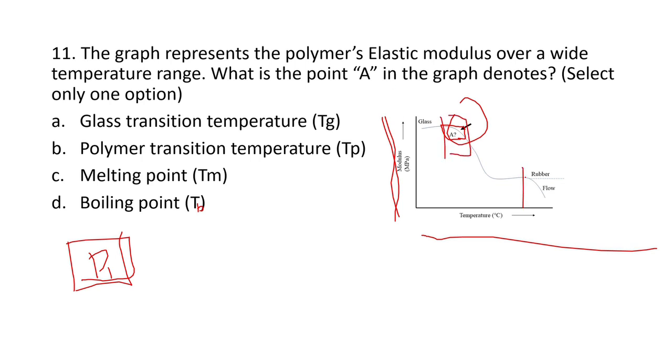Another major phase change is here. This particular temperature is called TM, where the polymer, when you keep it at a really high temperature, will convert itself to a semi-solid, semi-viscous, and finally a viscous material. So it will melt completely and it will have flow properties. Whatever polymer you are using, you have to look at its glass transition temperature and melting temperature, because